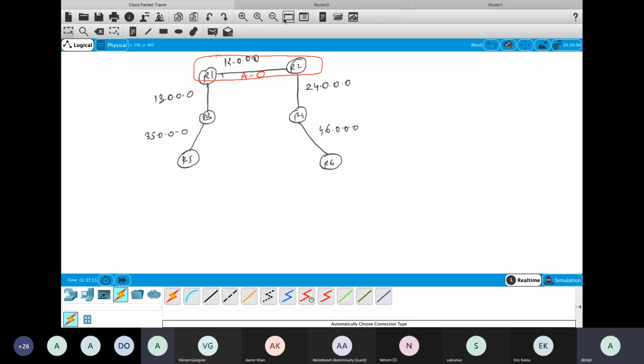After that, consider that this R3 is participating in another area. Let's say that is area number 10. And then this R4 is also participating in another area. Let's call it area number